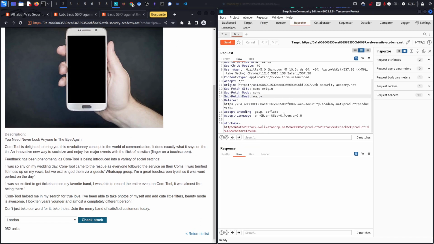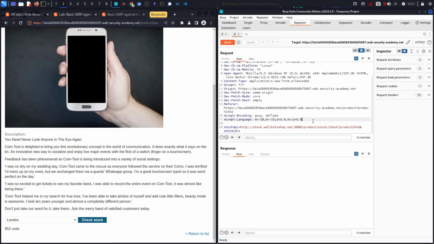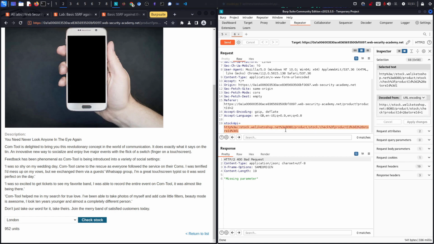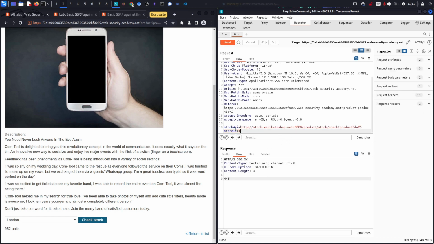Sweet, okay. So we're back to this part. I'm gonna unencode this part over here and see if we can send it like this. And it says missing parameters. Maybe I need to actually encode it. I'll leave it like that for now. Yep, there we go. Okay, so the reason I want to unencode it is so you guys can understand